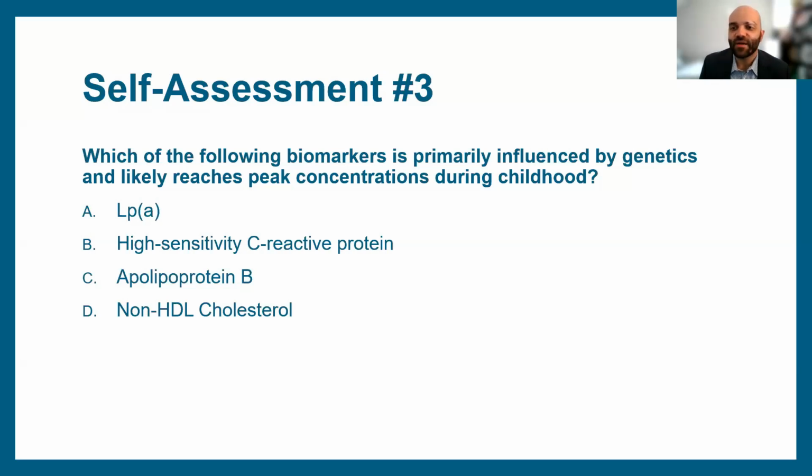All right, so we see here about 70% of folks said Lp(a). That's exactly right. Our hsCRP, our high sensitivity C-reactive protein, while some of these conditions may have some genetic component, may change if you're treating some of these underlying inflammatory conditions and getting those under control. And apolipoprotein B can change, just like LDL can change with things like diet and treatment. It's just a more refined way to capture the amount of particles, and a little better way of assessing what LDL was trying to assess, I would say is the best way to describe it.